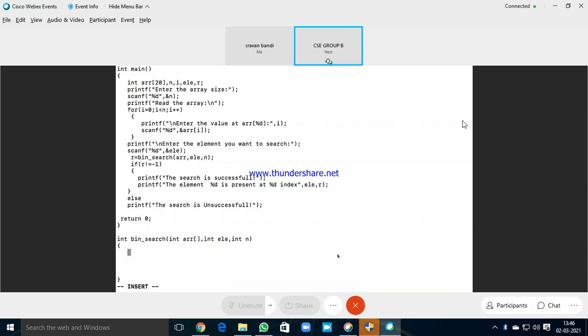Now here, what do I have to do? How do I compare? I have to take the mid value. Here, instead of n, I have to pass 0 and n minus 1; these will be low and high.